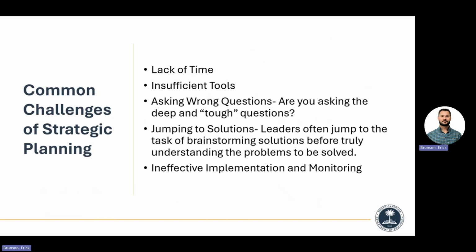Jump into solutions. We have a math problem. I've seen districts who have had 3 math curriculums in 9 years. Right? We try, after 3 years, this curriculum didn't work. Bring in the new math curriculum. That's the wrong solution. Do you have a good math curriculum? Is it research-based? What does it say? Are there other schools that have done this and seen kids grow? What are we not doing? Not the math curriculum, it's the other parts of it. And then ineffective implementation and monitoring.